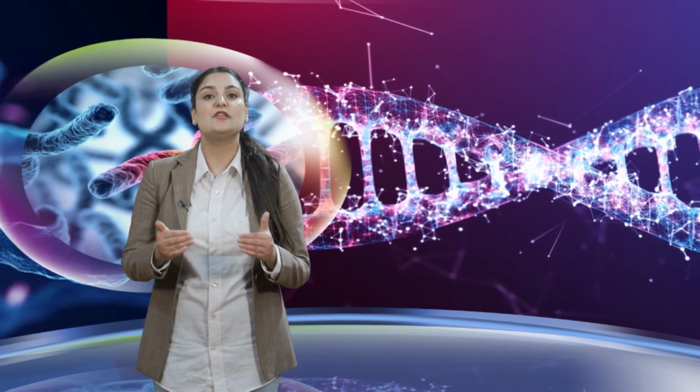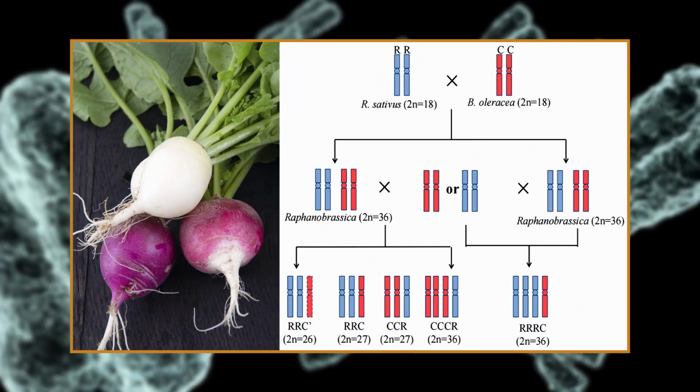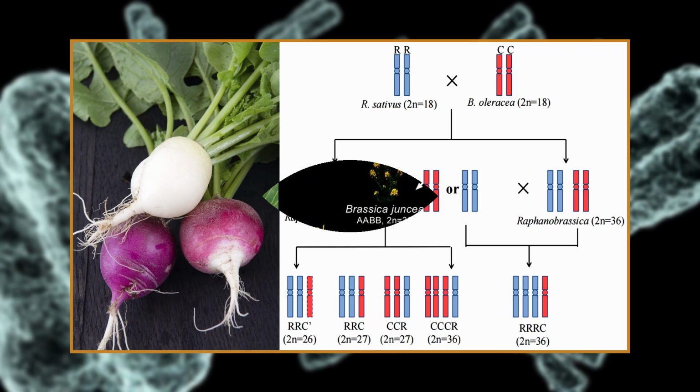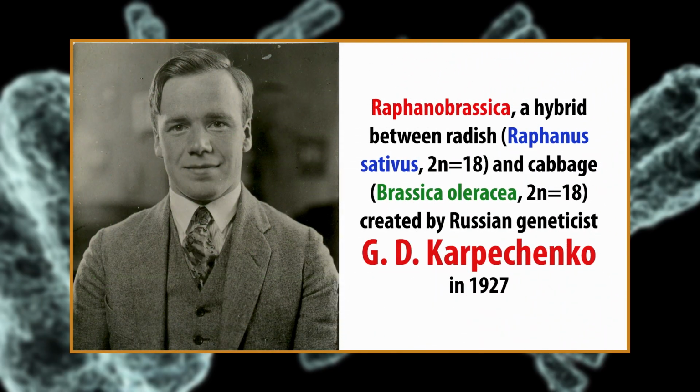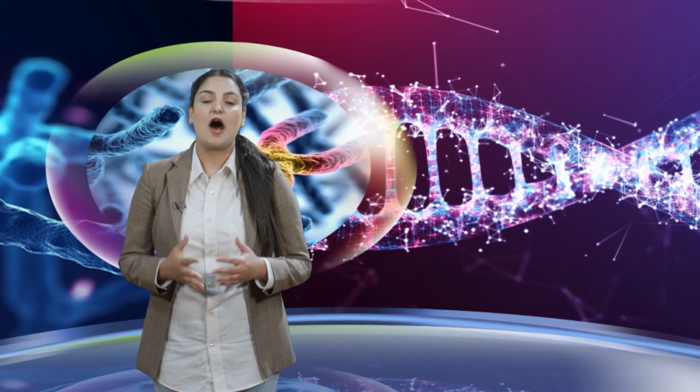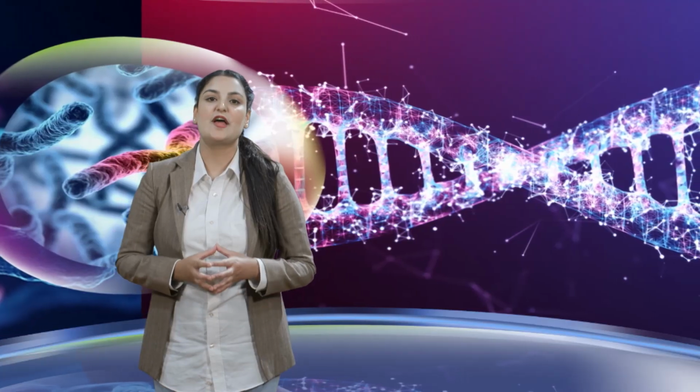Since the original hybrid is often sterile due to the lack of homologous pairing, artificial doubling using colchicine can restore their fertility. A classic example is Raphanobrassica, a hybrid between radish, Raphanus sativus, and cabbage, Brassica oleracea, created by Russian geneticist G.D. Karpechenko in 1927. Though he expected a hybrid with edible roots and leaves, the plant showed cabbage roots and radish leaves, opposite to